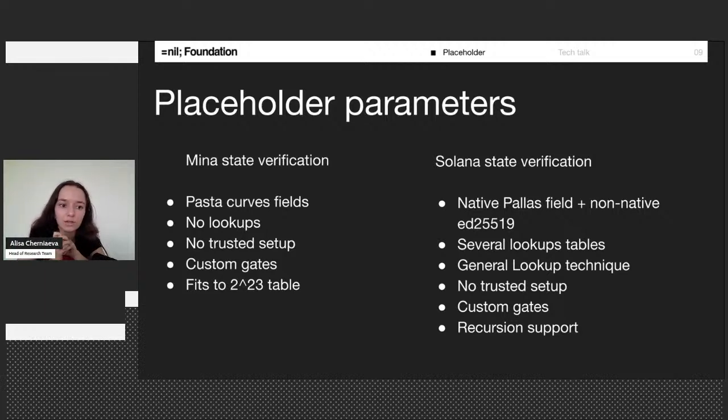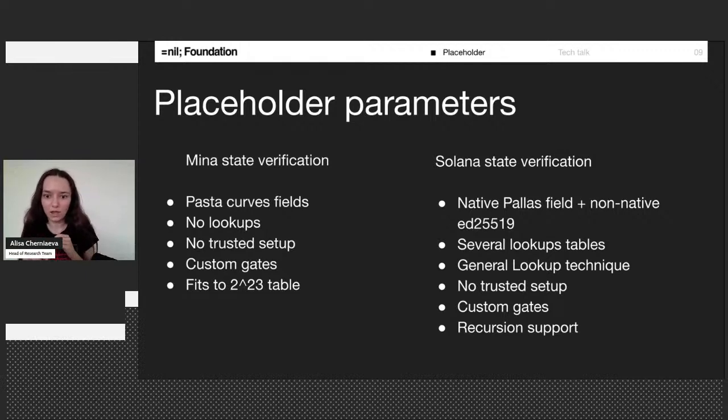Also, we use a hash function which is not circuit friendly, so we need several lookup tables, and it would be better to use a general lookup technique. We don't need trusted setup. We would use custom gates. Why will we use custom gates? Yes, we have some repeatable blocks because we have 1,000 validators, but